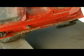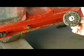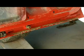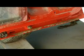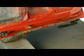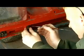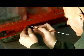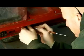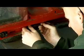So I'm going to take this rust wheel right here and run it along the bottom. I have to chuck that into a die grinder real quick. But first thing I'm going to do, well, I can't open that drawer, so that's not going to work. I need to take this little rubber stopper out so I don't gouge it up. A little flat screwdriver works better than this pick, but I can't get into my toolbox with the camera sitting on top of it, so